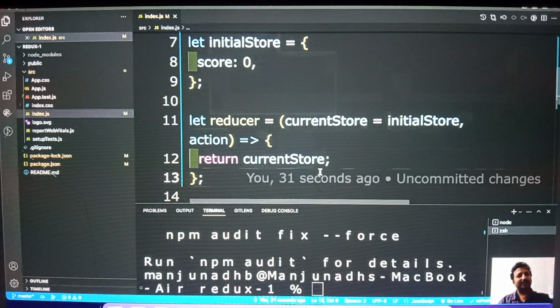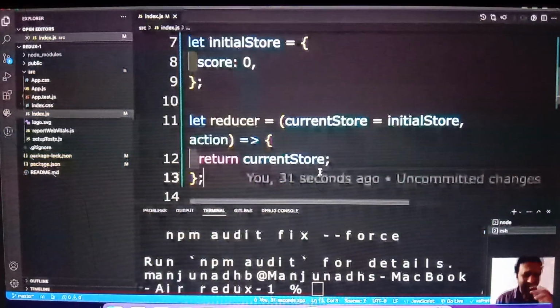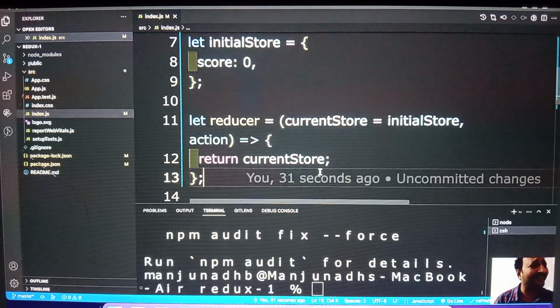Now we have created the object. We have created the reducer. Now we have to create a store. You have to convert that object to store. You know,